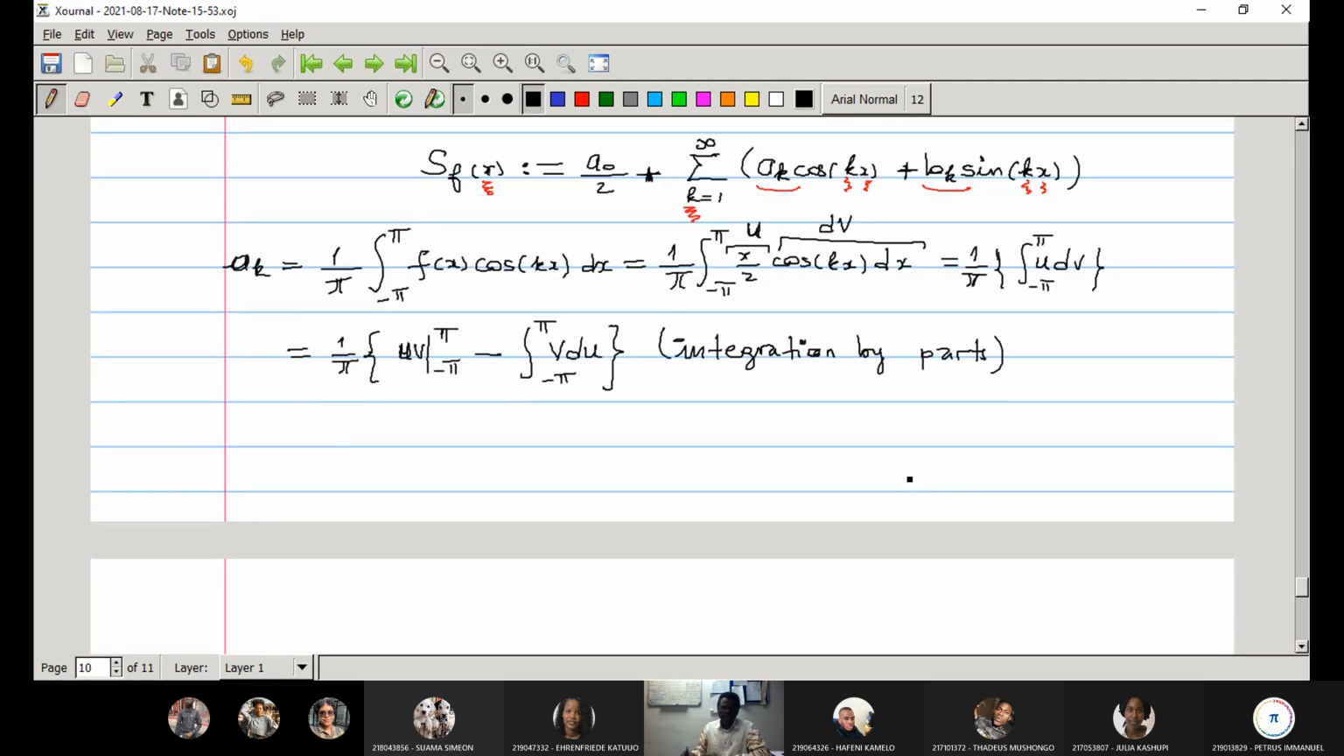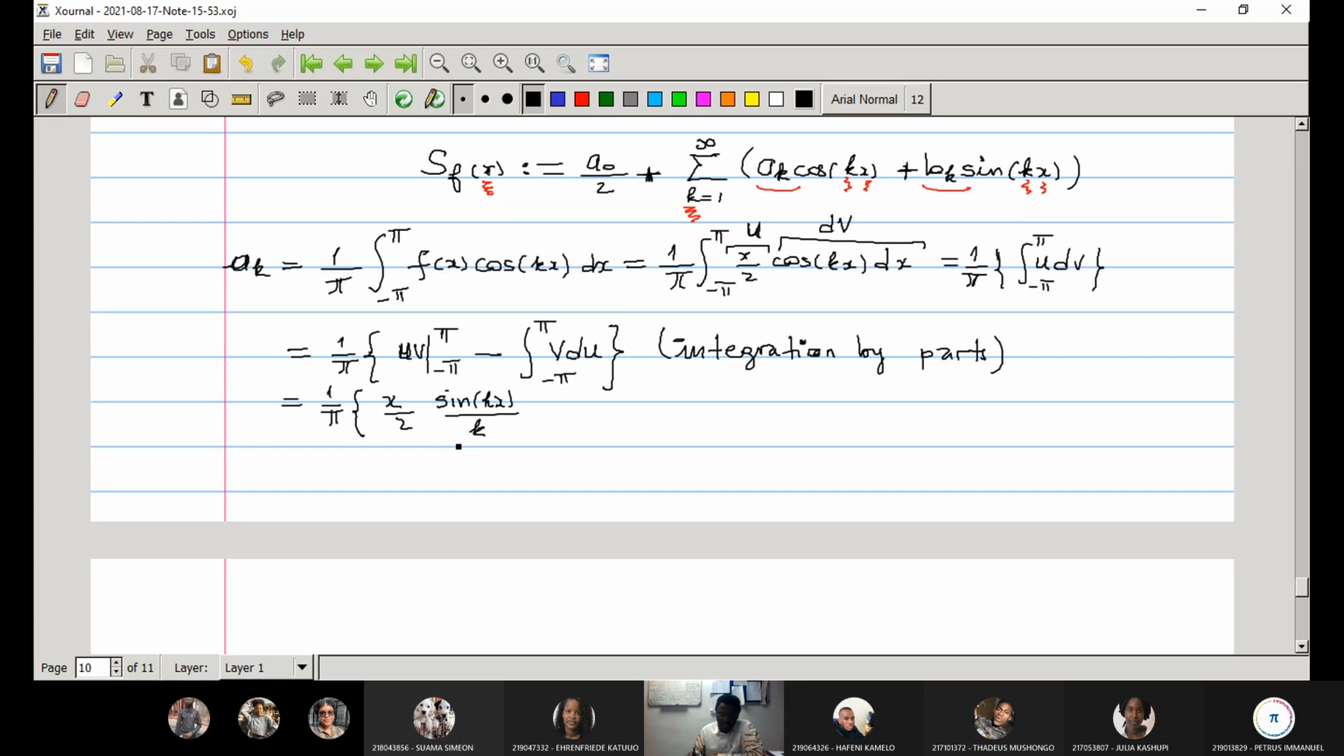Okay. Now, so this will be equal to 1 by pi. Now uv. This is u is x by 2. And now what is v? V is just sine kx by k. You see, now for me to divide by k, I have to make sure that k is